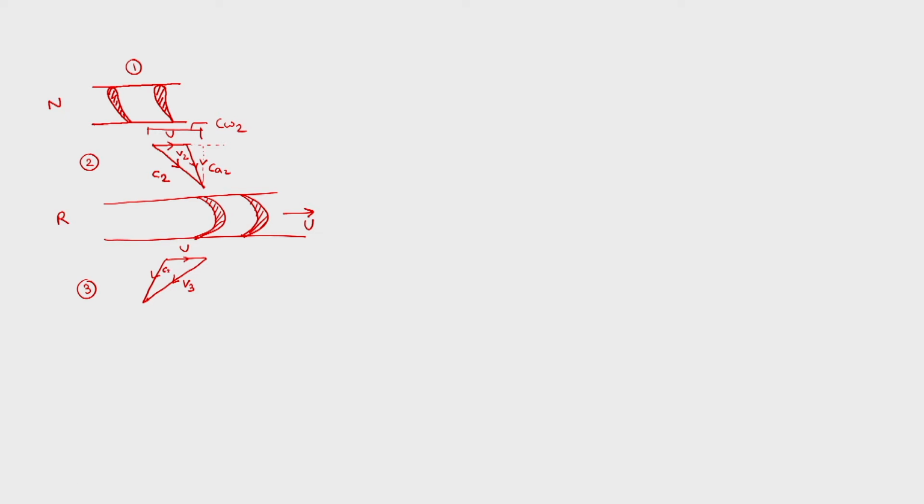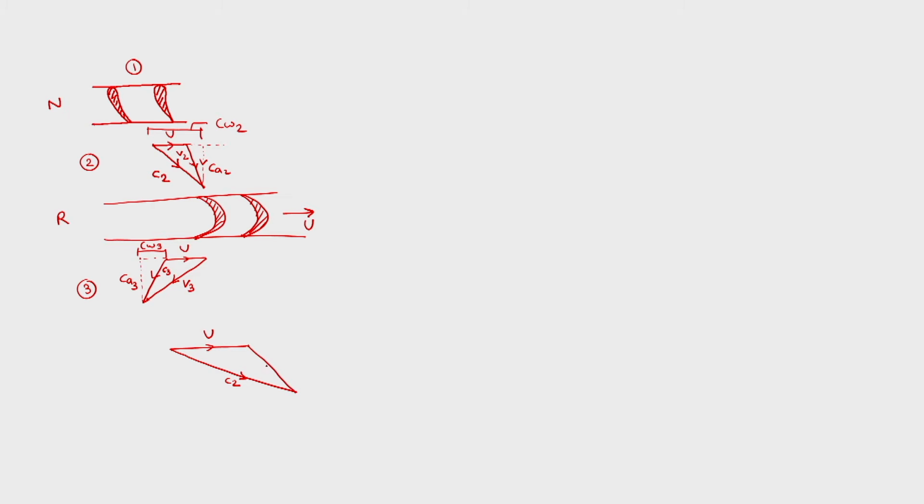Then in the presence of this velocity triangle at the outlet, we again would have CA3 and we would have this as CW3. So this is the velocity triangle at the inlet and outlet for the axial compressor turbine. Now if we combine these two velocity triangles, then we can form a common base. This is u, and then in the presence of u, we can see this is C2